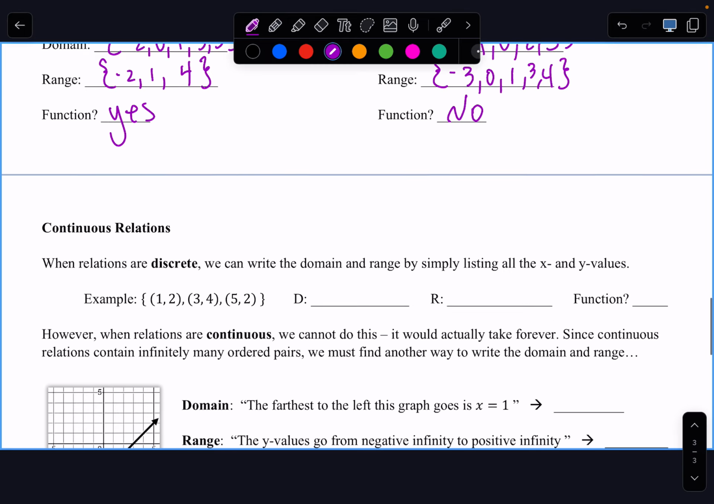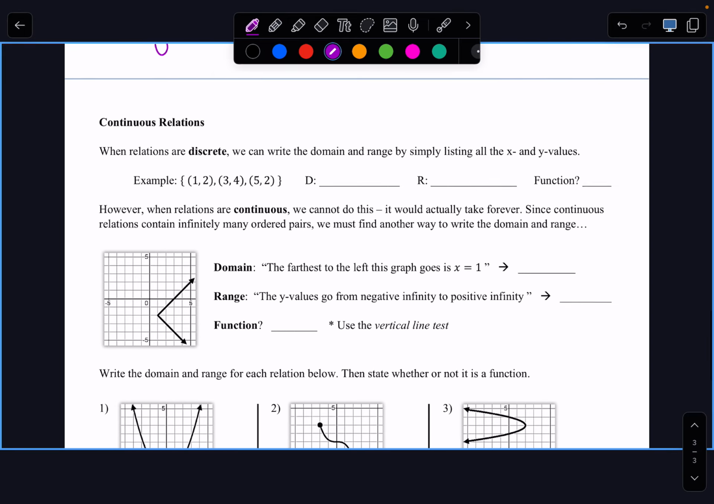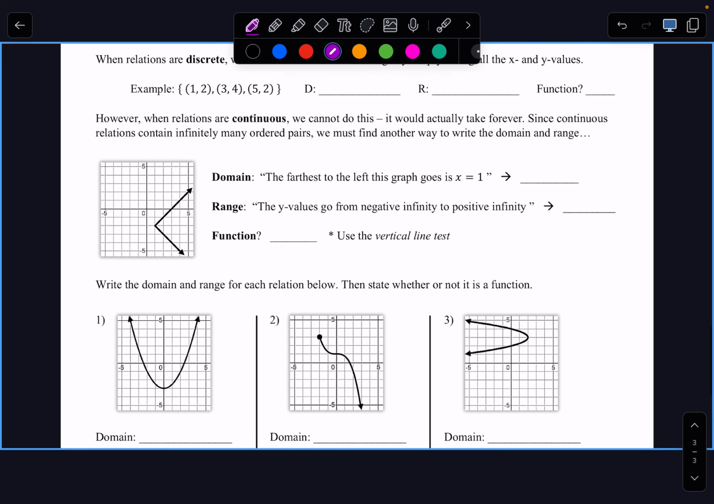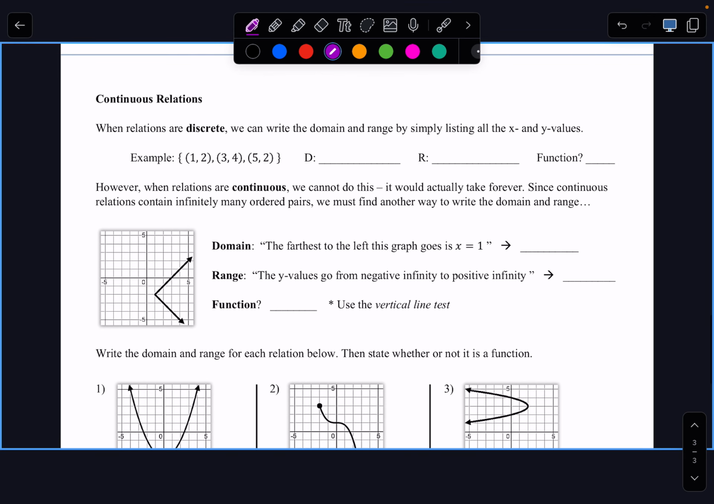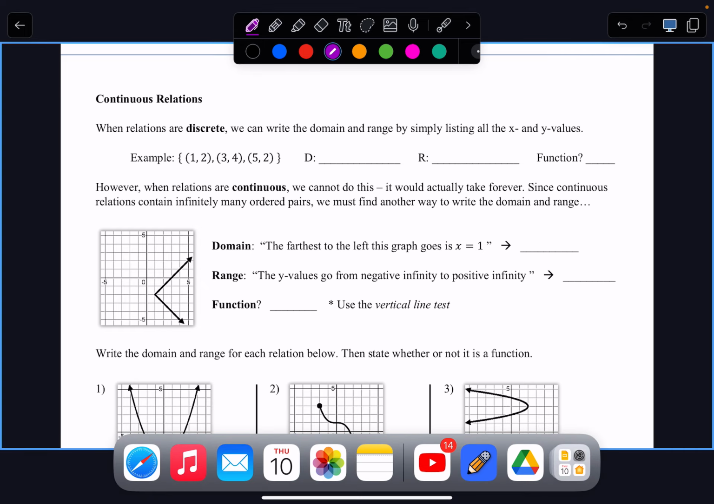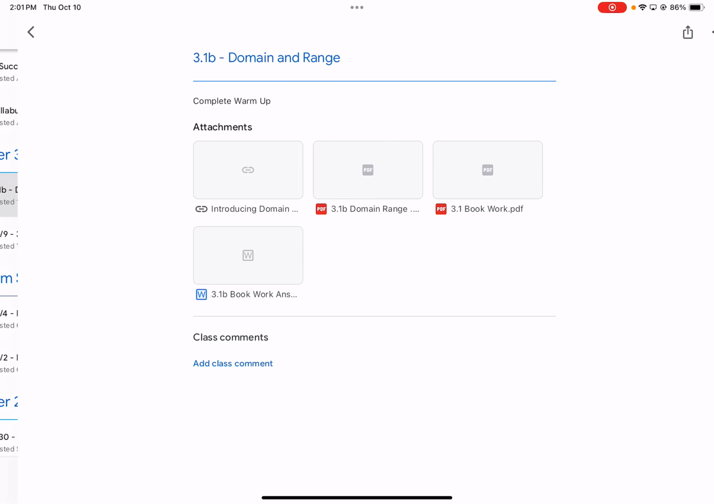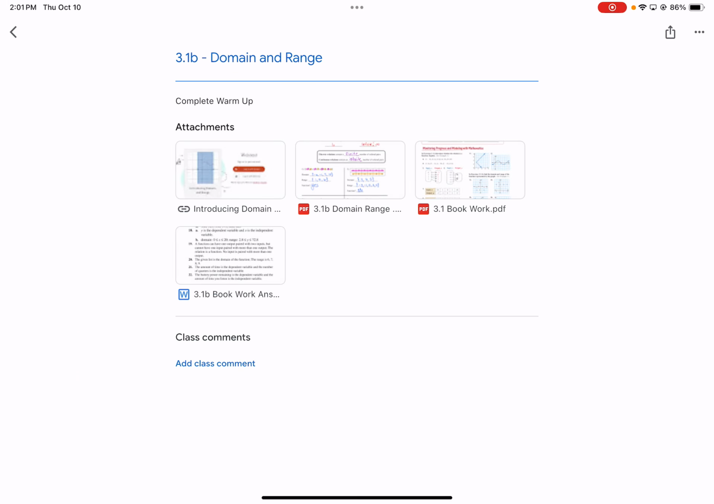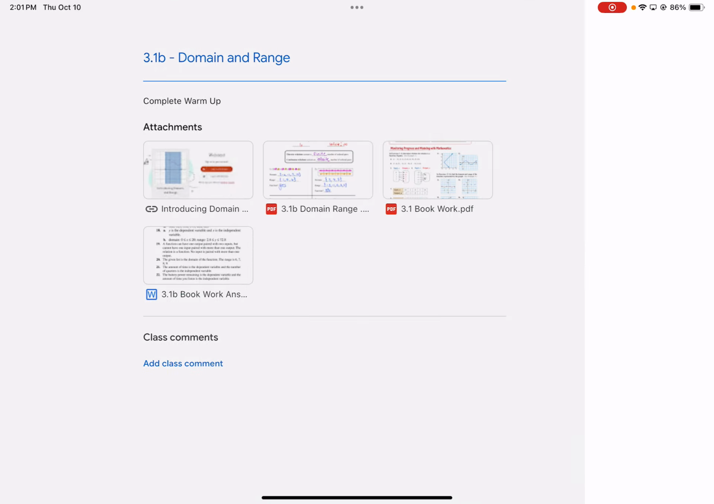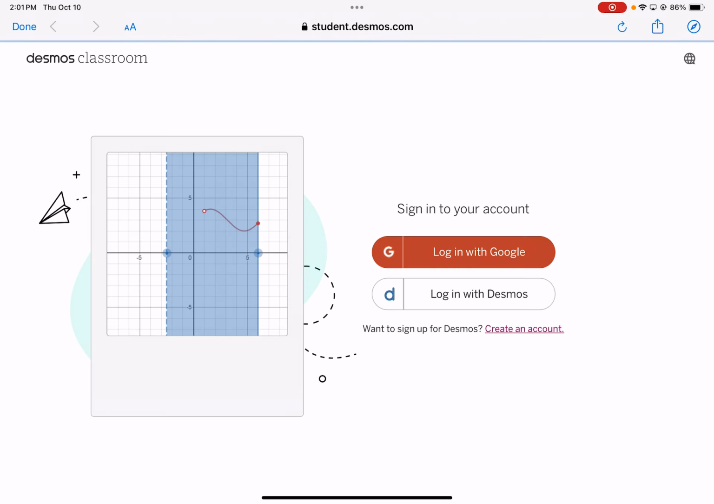Now, when we have a continuous relation, we can't just say 1, 2, 3, 5, 7. We have an infinite number of points. We can't do that. Okay? So we're going to take a little bit of a timeout from the blue sheet. And I am going to have you on Google Classroom, under today's post, there is a link I want you to click. Okay? And it's going to ask you to sign into